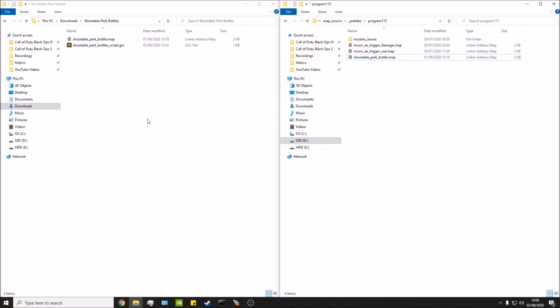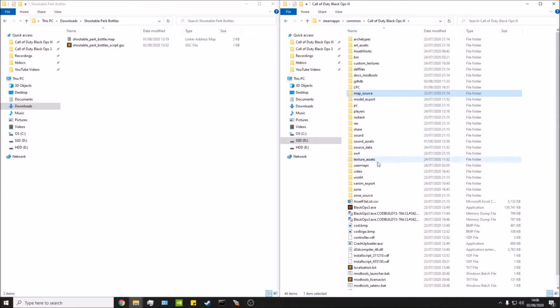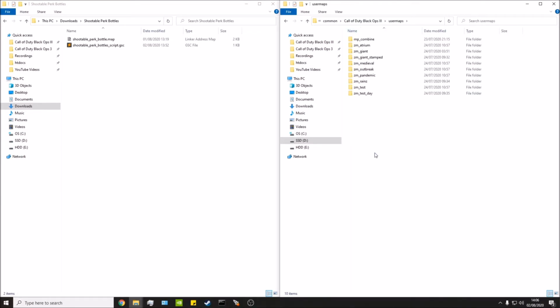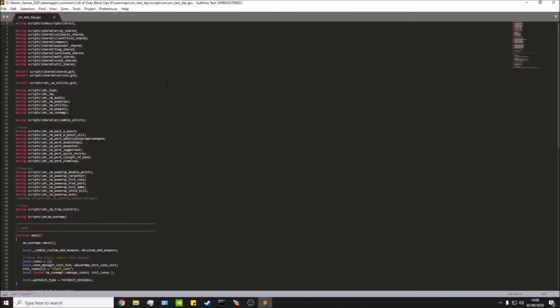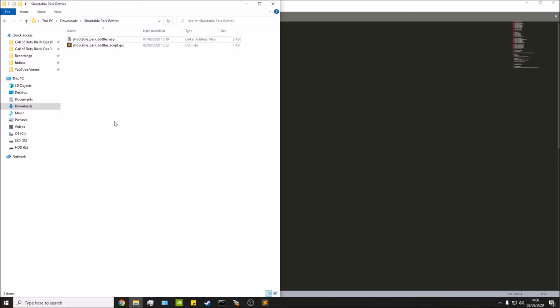Next, what I need to do is actually put in the script itself. So what we're going to need to do is go over to our Black Ops 3 root directory, go to user maps, go to your map name, in this case ZM test day, open up scripts, ZM, and your map name .gsc. Okay, open up this. Next, what I need to do is go over to my actual downloaded stuff,